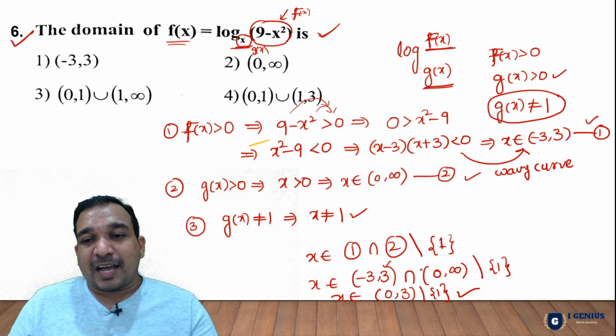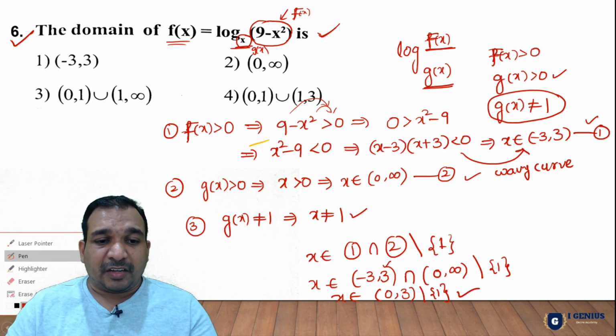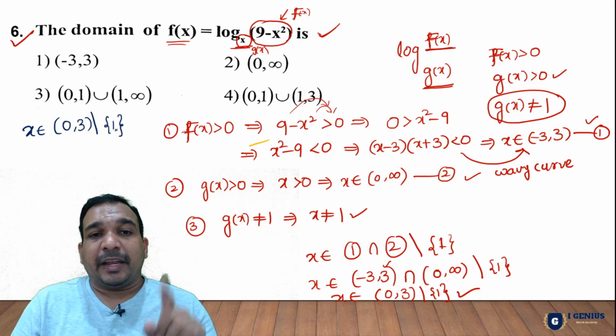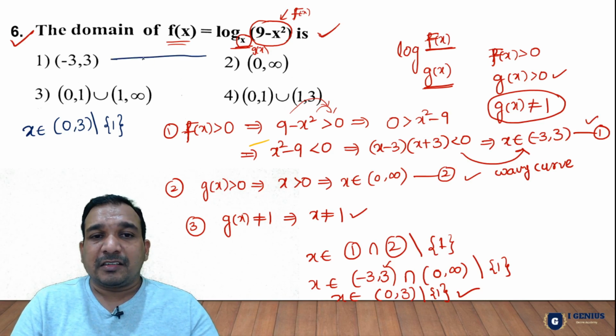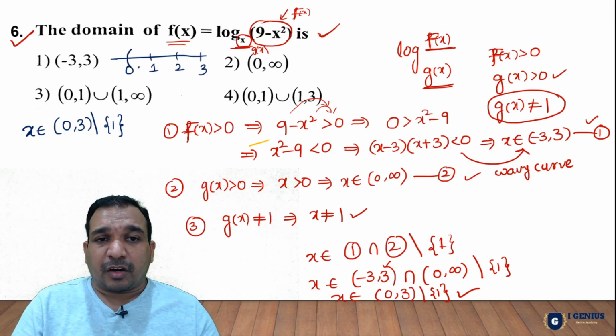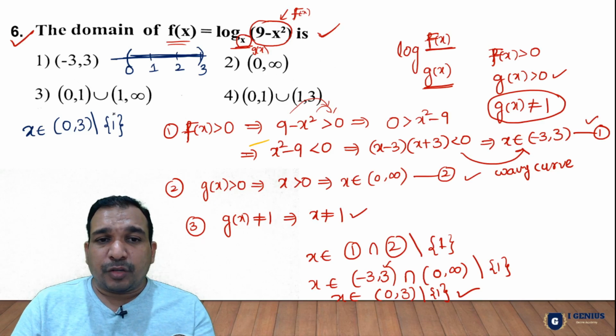But sometimes the answer may not be given like this. The answer may be given in a different way. X belongs to open 0, 3 except 1 means from the interval. This is the interval, guys. 0 and 3 is the interval. In between, 1 is also there, 2 is also there. So from 0 to 3 we got the interval, this entire line. Now from that entire line, we need to remove only one number.